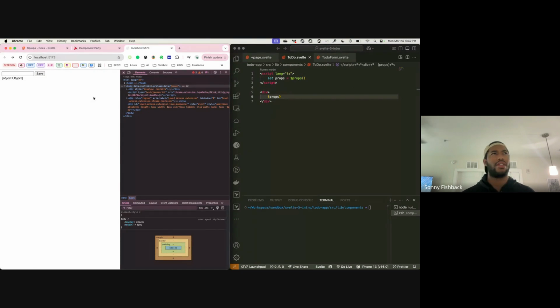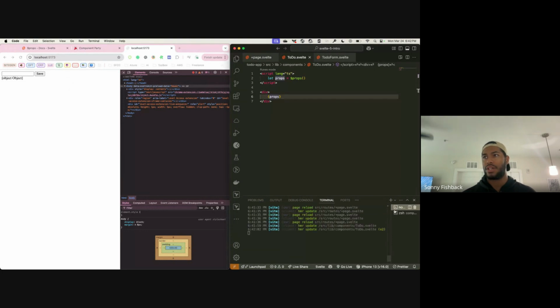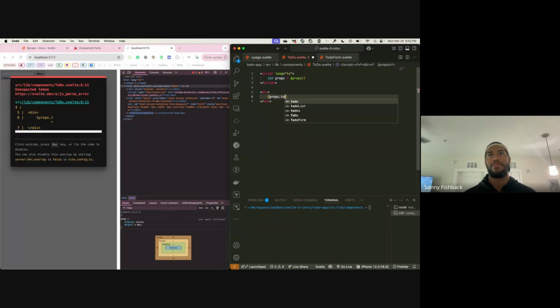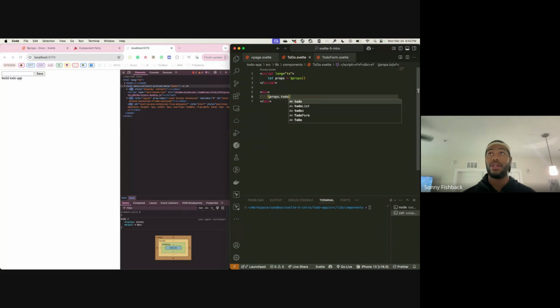Oh, there it is. For some reason it didn't re-render. Is the server up? Yep, we're good. Cool. So you got props, returns a props object, and then we got props dot to-do. And this should be saving automatically. All right, cool. So we got hot module reload back. All right. So we got our to-do,